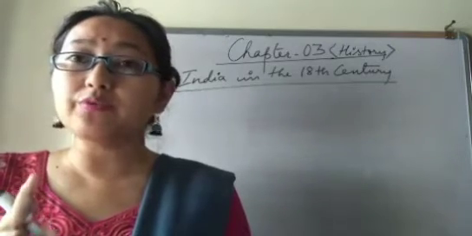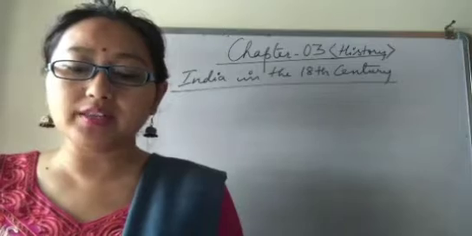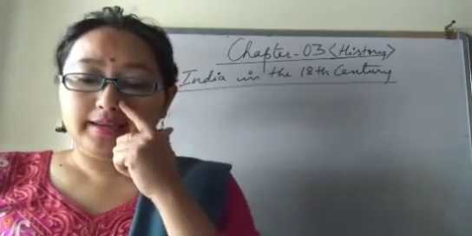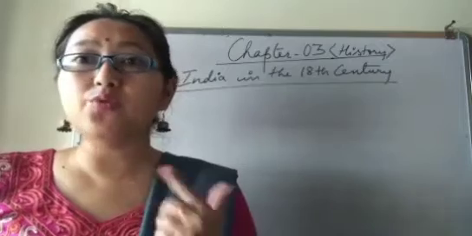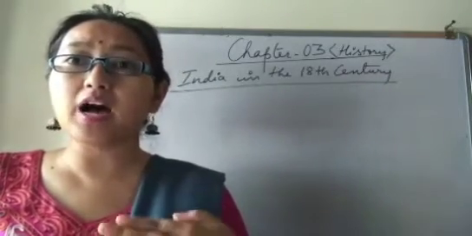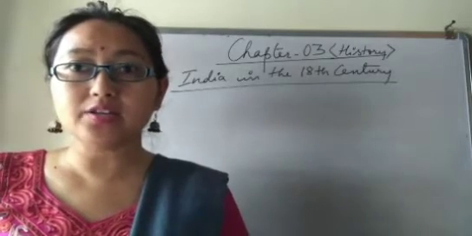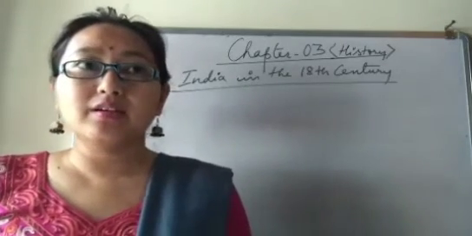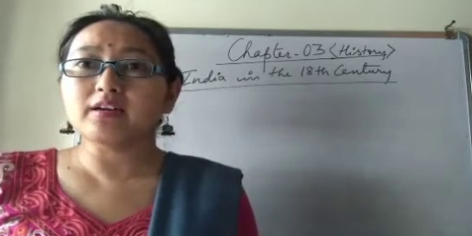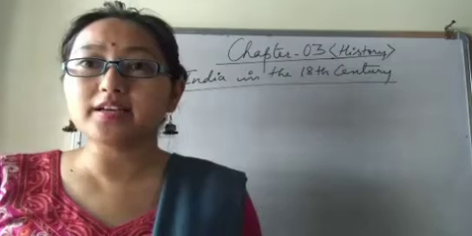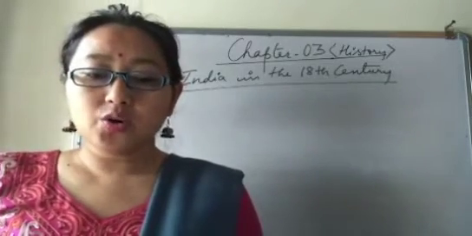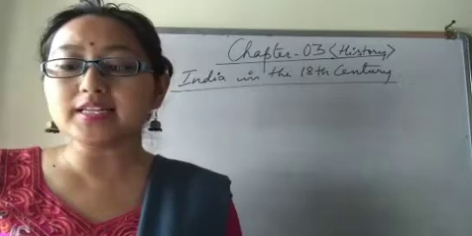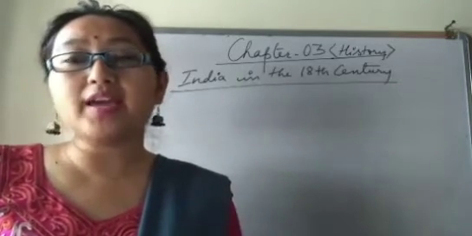Number one is that later Mughals were very weak, so it became increasingly difficult for them to keep a check on emerging powerful Mansabdars. So when we talk about later Mughals, it means the Mughal emperors after Aurangzeb. They are later Mughals. So later Mughals were very, very weak. Very weak means they didn't have the spirit of consolidating their territory, right? So they were very weak, and it became increasingly difficult for those emperors to keep a check on the emerging